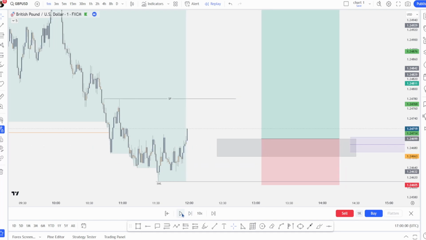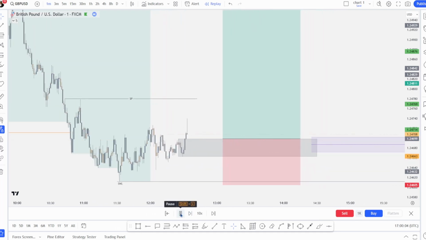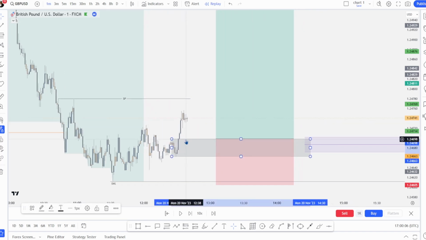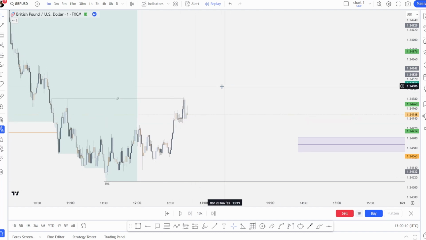So we're still looking for price to sweep the high, right? And when it does, we're going to look at the characteristics. Now, we should probably delete this because we're kind of giving it away a little bit. And we'll play this right here. Okay, so straight away,